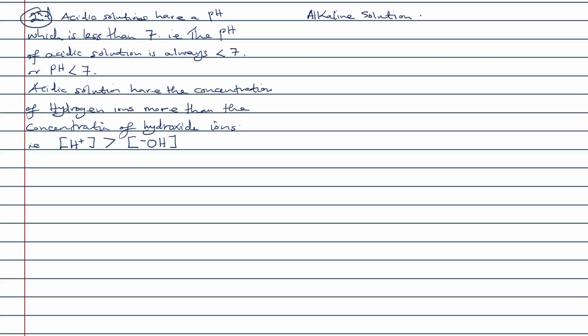And alkaline solutions have a pH which is greater than 7, i.e. the pH of an alkaline solution is always greater than 7, as you are going to see on the